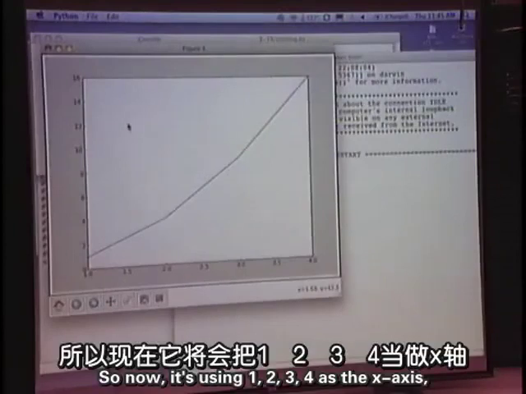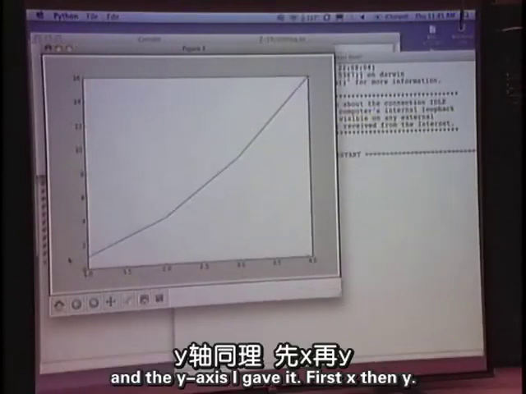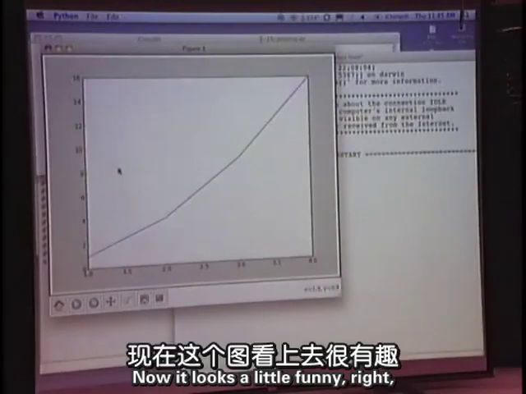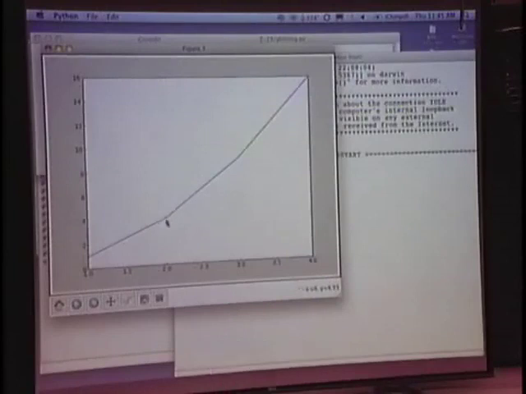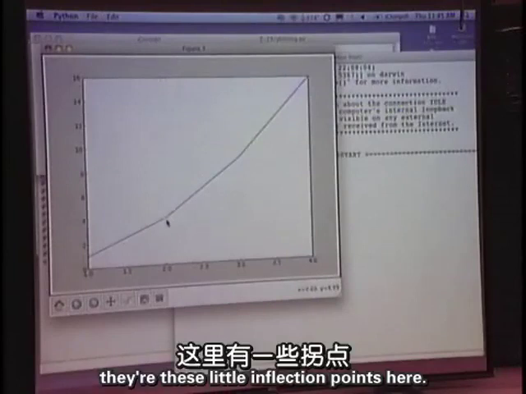Okay? So now it's using 1, 2, 3, 4 as the x-axis and the y-axis I gave it. First x, then y. Now it looks a little funny, right? You might not have expected it to look like this. You'll notice there are these little inflection points here.